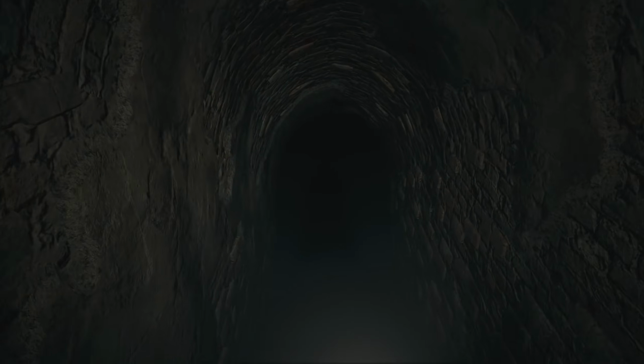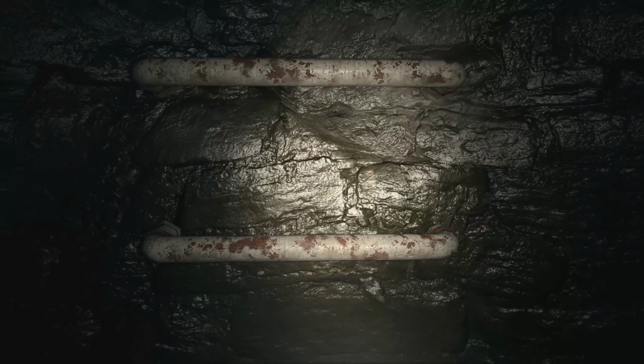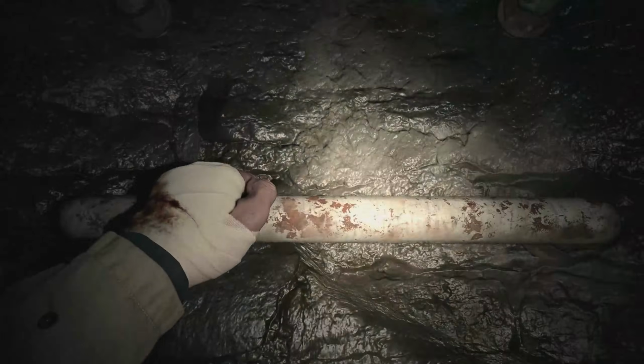You're going to end up in a spooky passage going downwards in a spooky direction until you reach a spooky well with a spooky ladder. Climb down it. At the bottom you will find a breaker box key. Grab the key, make your way back up to the top of the ladder, the whole way through the well,